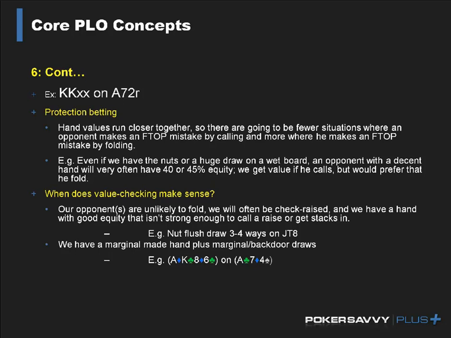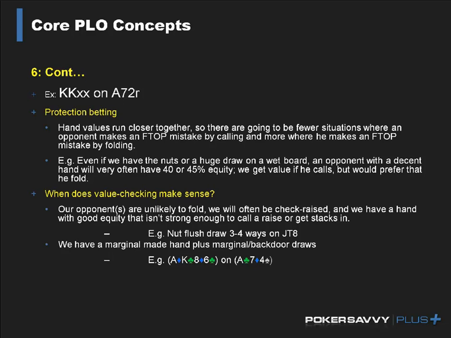You're going to have profitable value spots on later streets, because you will make the straight, you will make backdoor flushes, you will make top 2 with ace king. You're going to have profitable bluff call-down spots where you're going to be able to call turn bets because you picked up a ton of outs. You're going to be able to delayed continuation bet the turn, and then continue through with a lot of river cards that you can follow up on when you pick up draws on the turn. You're going to have some blockers to your opponent's draws. So basically, you're going to have a profitable turn and river strategy on a lot of turn cards. And so this